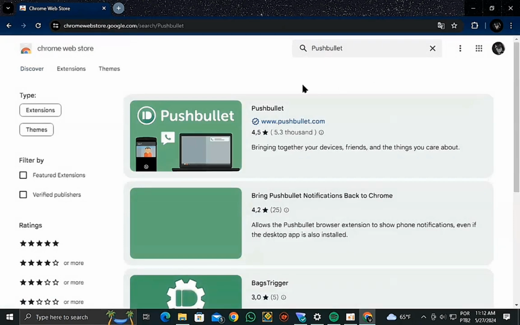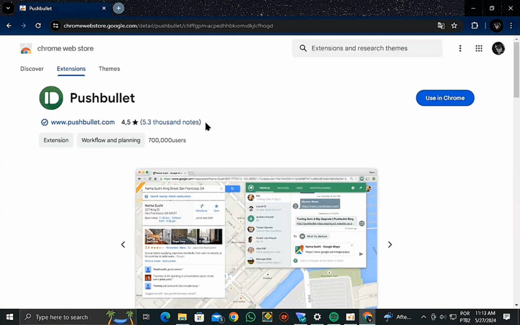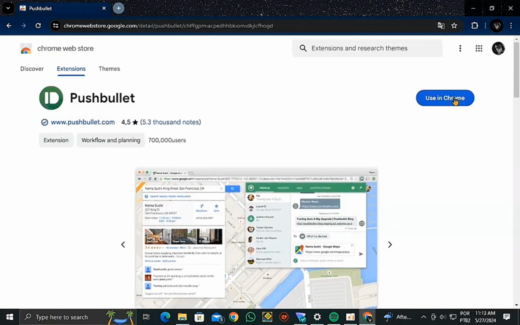This first extension that will appear is the one we are going to use. You can see that in the illustrative image, it shows more or less how this extension works. We can see a cell phone and a computer being able to exchange messages and calls between one and the other. After seeing how it works, click on the blue button to use in Chrome, and now you just click